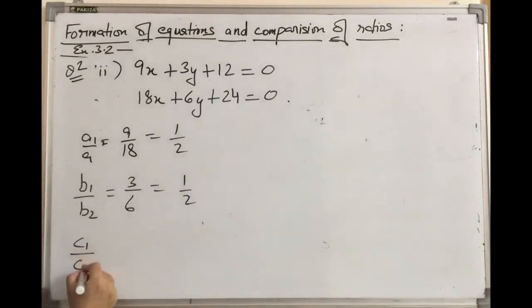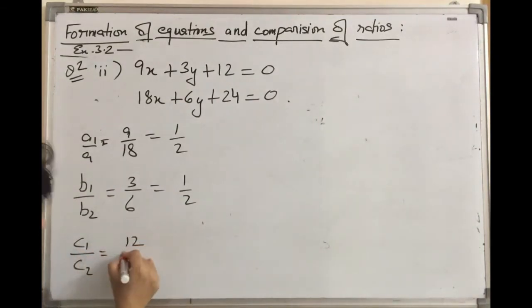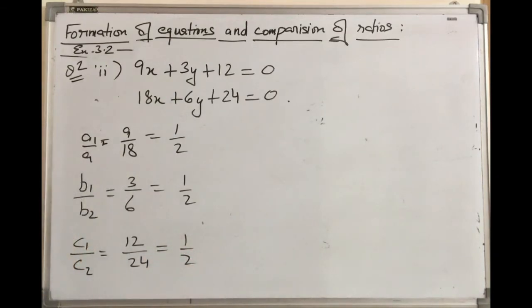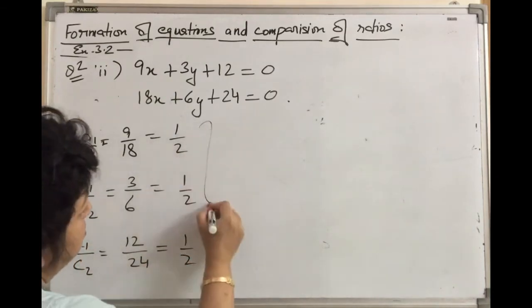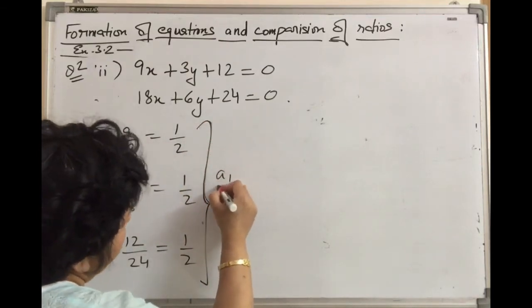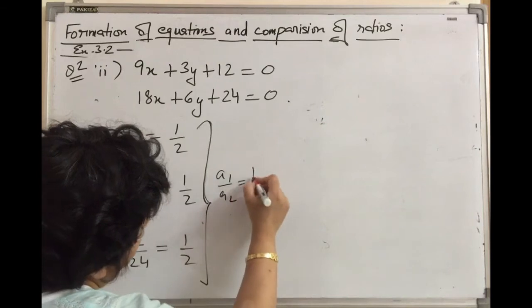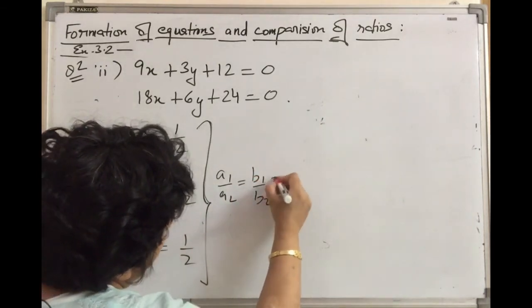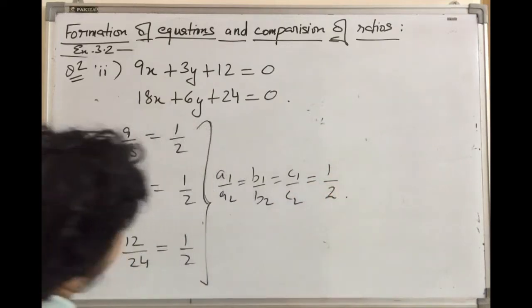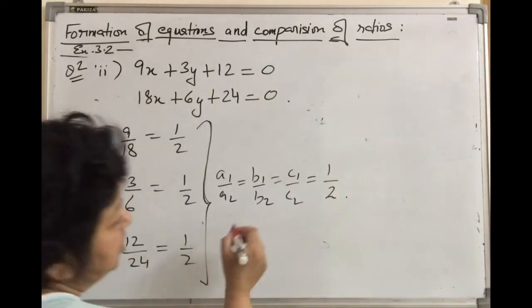Let's calculate c1 upon c2, 12 by 24, lowest form 1 by 2. So what do we conclude? We conclude here that all the three ratios a1 upon a2, b1 upon b2, c1 upon c2 are equal to 1 by 2. This means